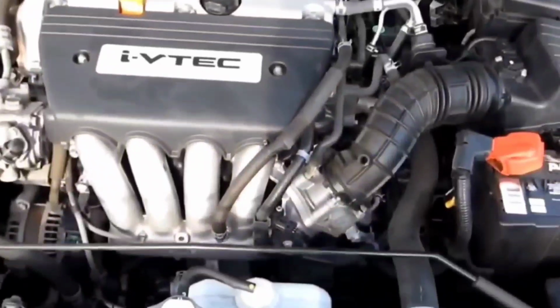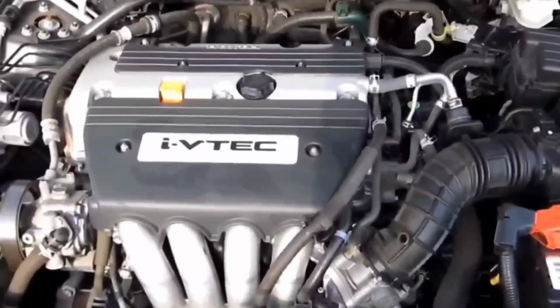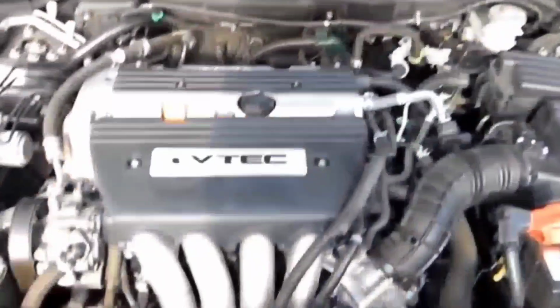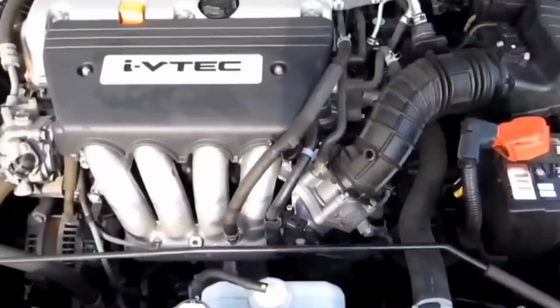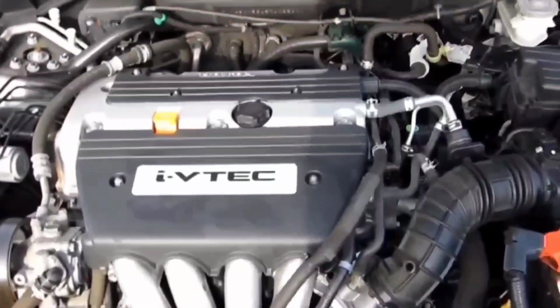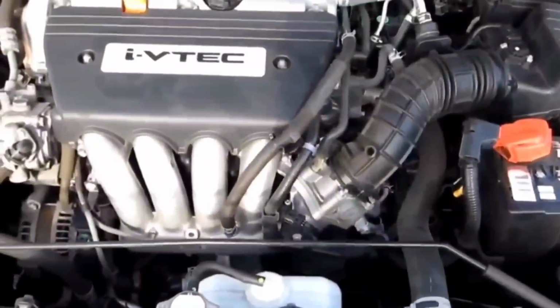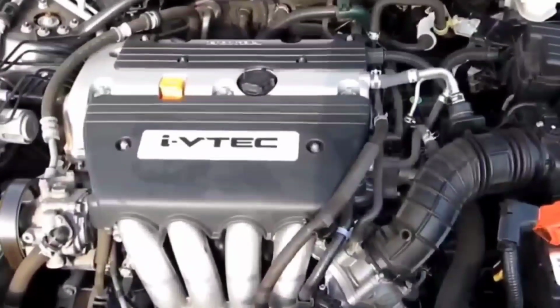Now you could actually do it with just you, having that back seat lifted up, because it's not a big car, and turn it to the on position. You could hear it. It's a buzzing motorized sound. All right, that means that the fuel pump is working. The fuel pump is not the issue. That also means that the fuel pump relay is not the issue. So you can rule the relay out, you can rule the fuel pump out. Now,